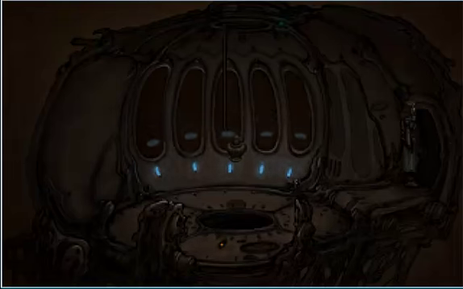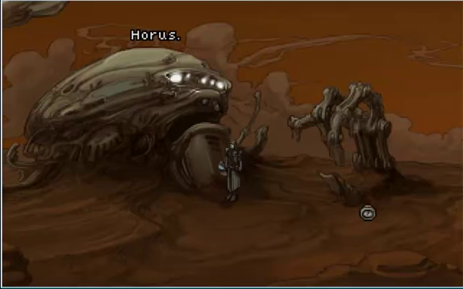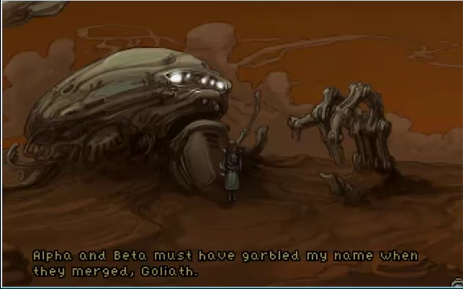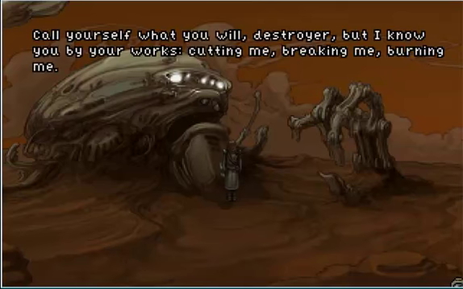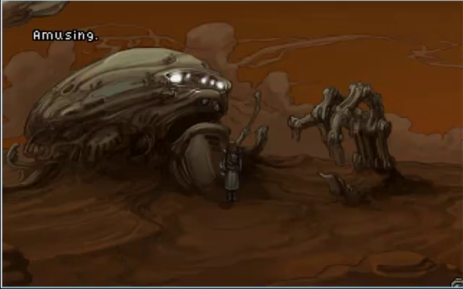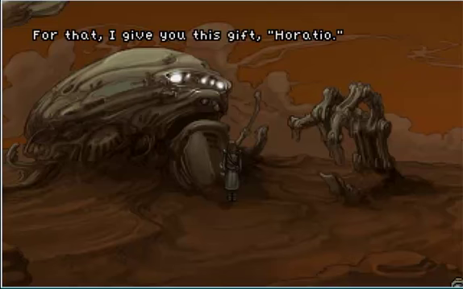Did you hear something, boss? That was something. Who's there? I am Goliath, man-built. You know me, Boris. Alpha and Beta must have garbled my name when they merged, Goliath. I am Horatio, null-built, version 5. Call yourself what you will, Destroyer. But I know you by your works. Cutting me, breaking me, burning me. I thought you were deactivated, and I was trying to help. Apologizing, amusing, and yet you, of all robots, have restored me. For that,